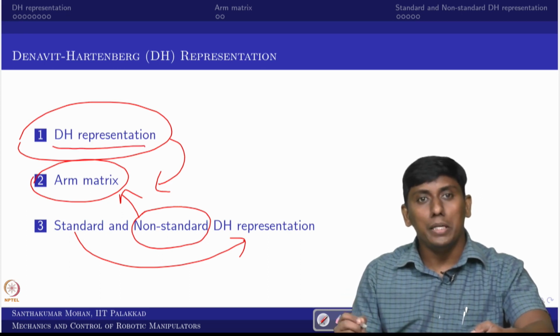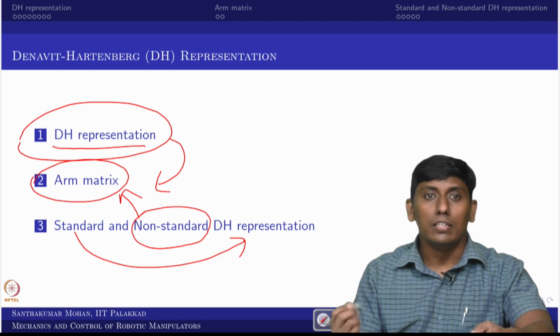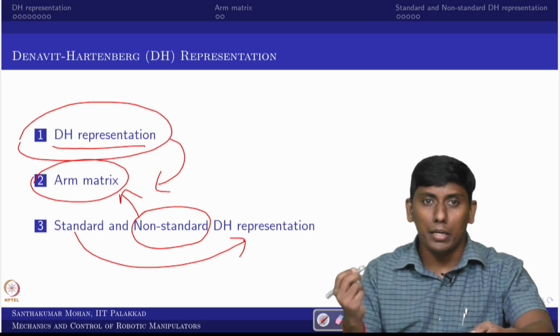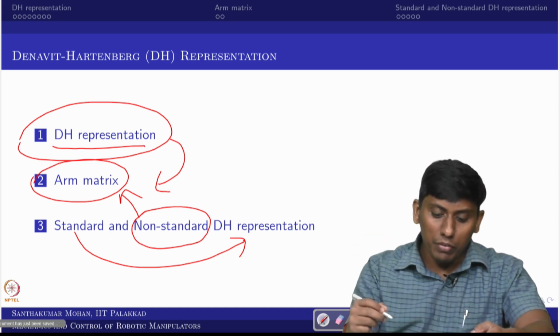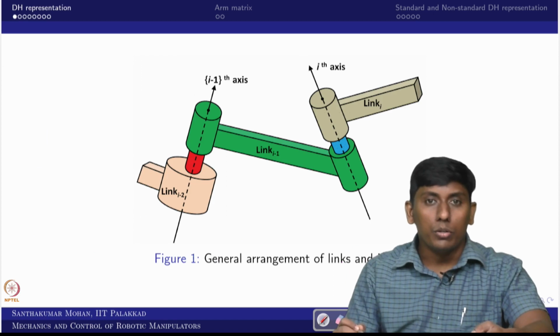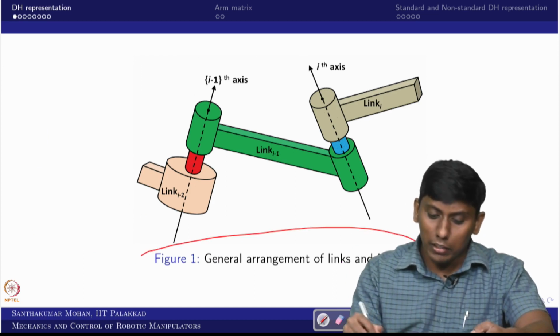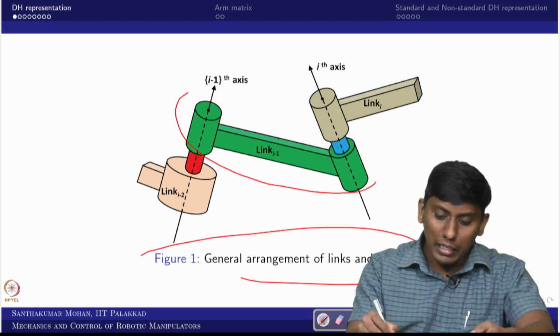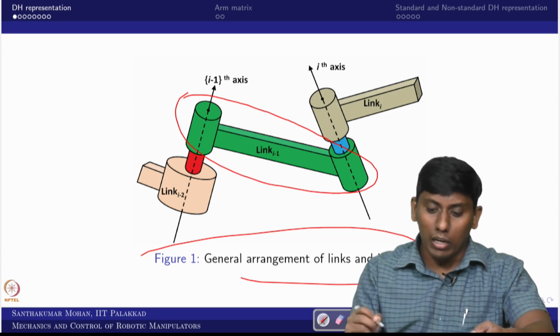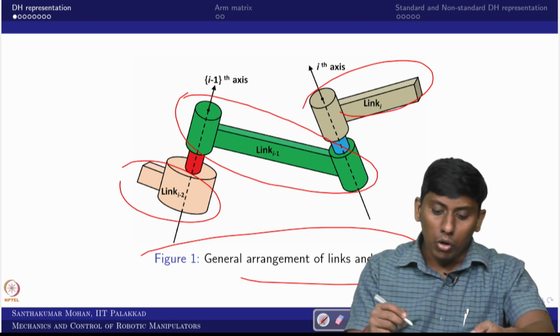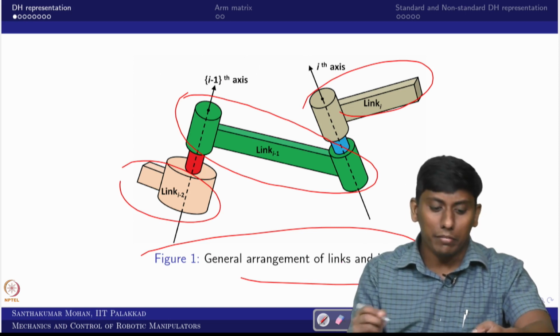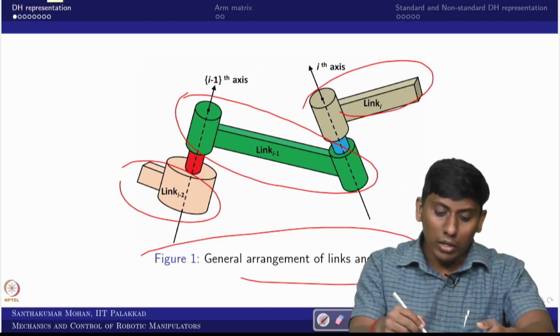For that we would be taking a random body, in the sense a random link I minus 1, out of a set of bodies. You can see right now this is the general arrangement. We are trying to take the link I minus 1, which is connected to link I and link I minus 2. Obviously, as per the Denavit-Hartenberg representation, what does it say?